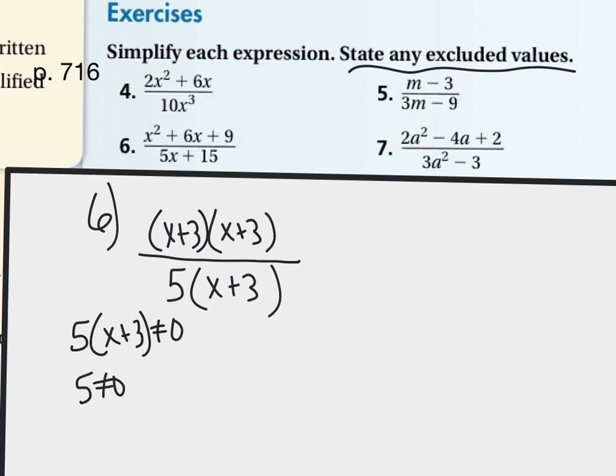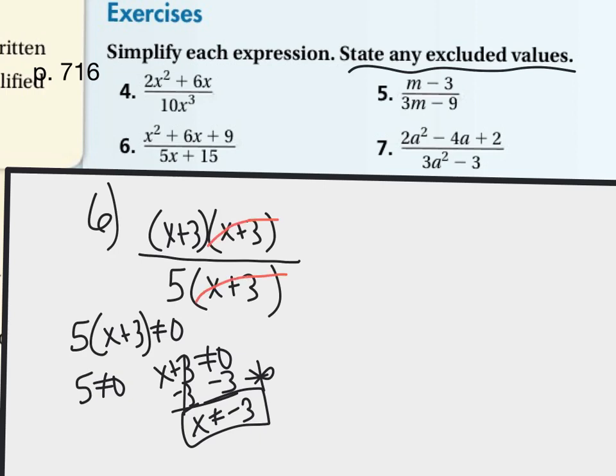5 can't equal 0, which is not a problem. And then also x plus 3 cannot equal 0. So our excluded value, we'd have to say x cannot equal -3. So -3 would be the excluded value. And then once we've said that, now that we've got this factored, since these are factors, we can cancel out the x plus 3's, one set of x plus 3's,